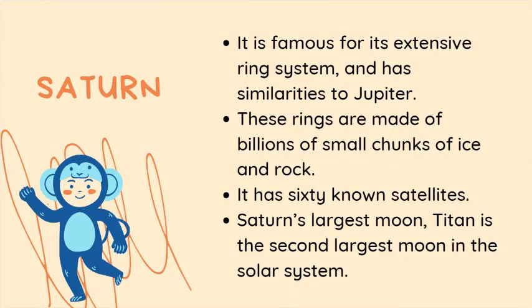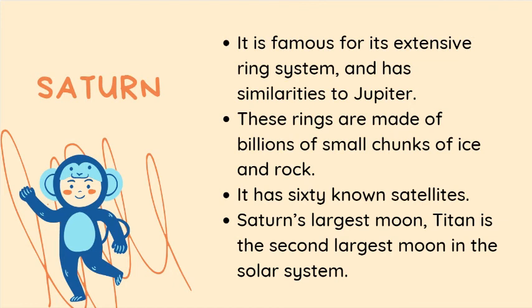Saturn is the sixth planet from the Sun. It is famous for its extensive ring system and has similarities to Jupiter, such as its atmospheric composition. On the top of Saturn, we can see the clouds that are made of frozen gases, such as ammonia and water. But Saturn's clouds are not as colorful as those covering Jupiter. Saturn's atmosphere is mainly made of two gases, hydrogen and helium. The pressure of the atmosphere is so great that a spacecraft would be crushed too.